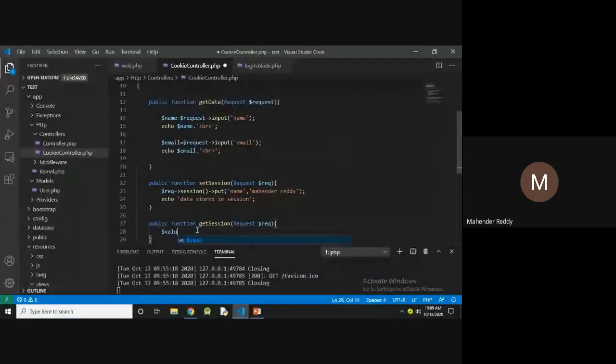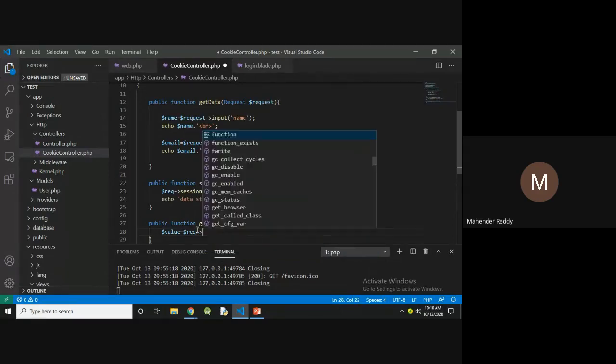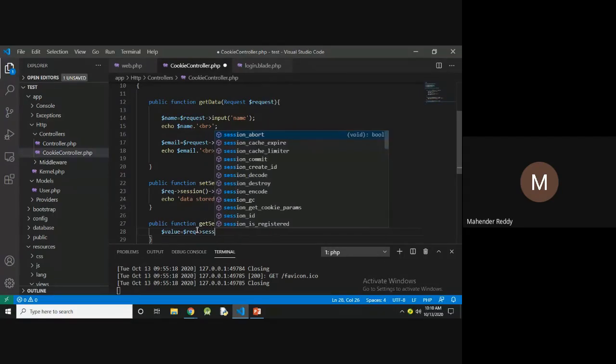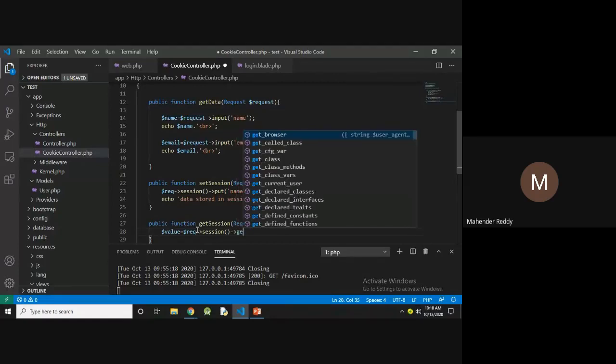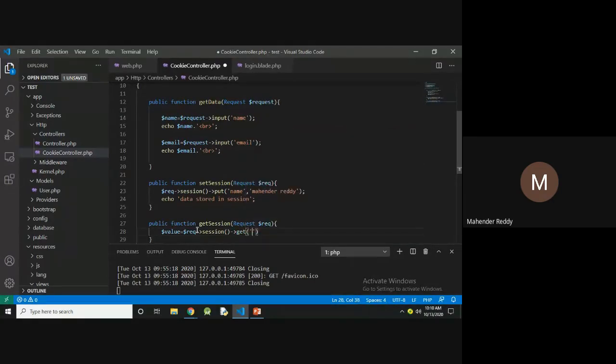Now I'm using one variable, $value is equal to $req->session()->get(), and the name.